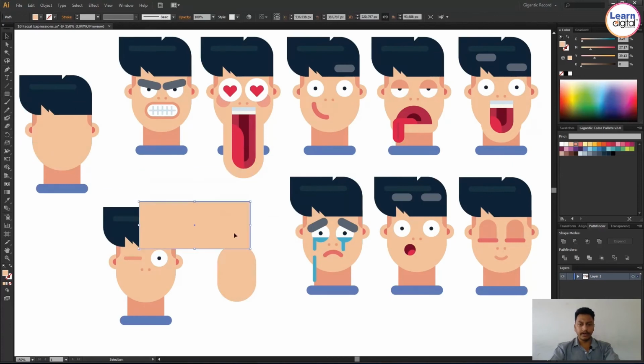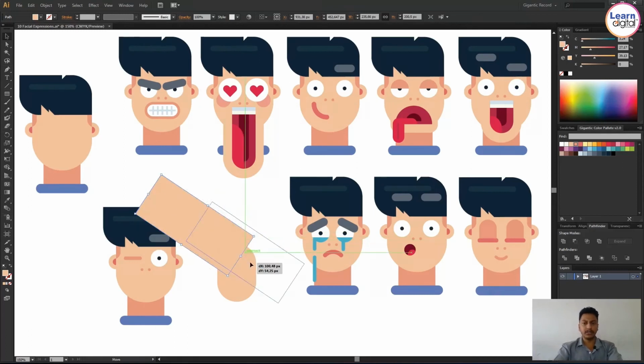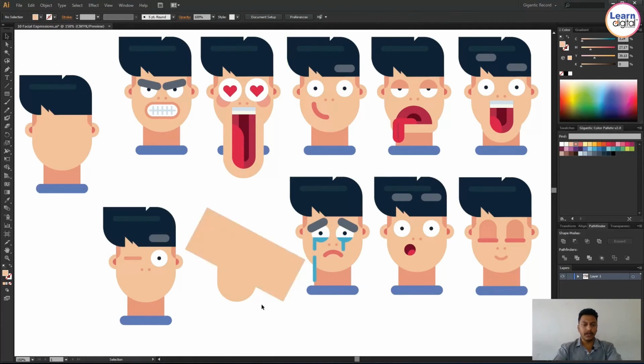So remove the unwanted area. This one I'm creating for the tongue and the mouth. Like one eye is open and one eye is closed.